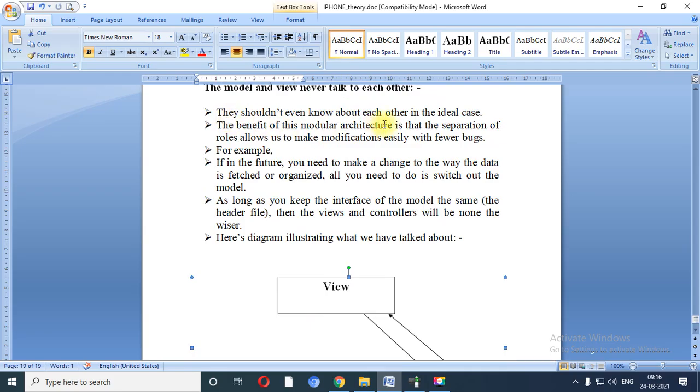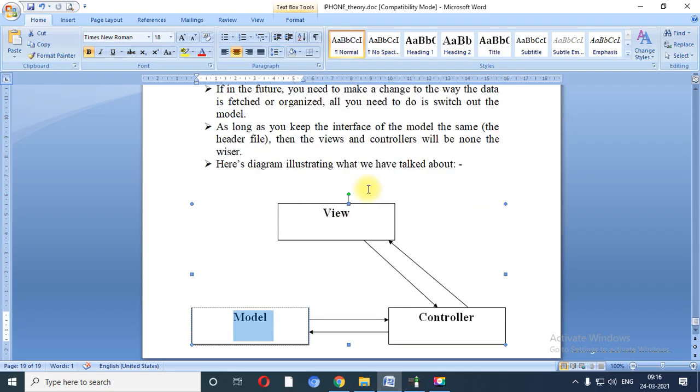The benefit of this modular architecture is the separation of roles, which allows us to make modifications easily with fewer bugs. If any problem is there in the data, the controller needs to communicate with the model.